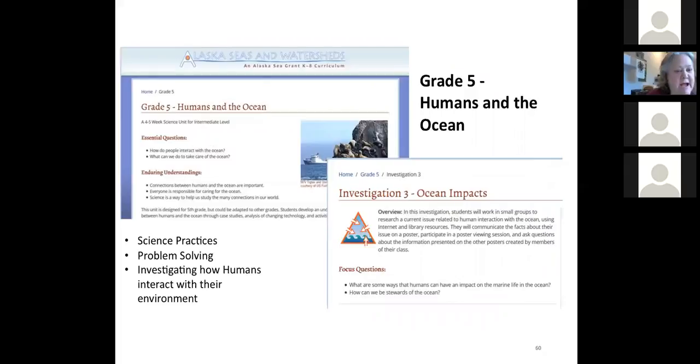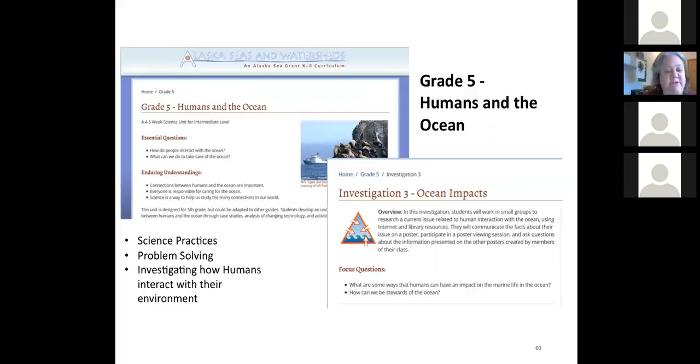All right, in grade 5, you can start to do some investigations that explore the interactions of humans and the ocean. While the focus is on interactions with the ocean environment, many of these activities can be adapted to include freshwater habitats. Fishing for the Future, which is found in the grade 5 unit, is a great game that explores sustainable fisheries and the impacts that advances in technology can have and have had on the resources. And I have done this game with anywhere from kindergarten teachers through middle school teachers, and at every level there's something for the students to learn about